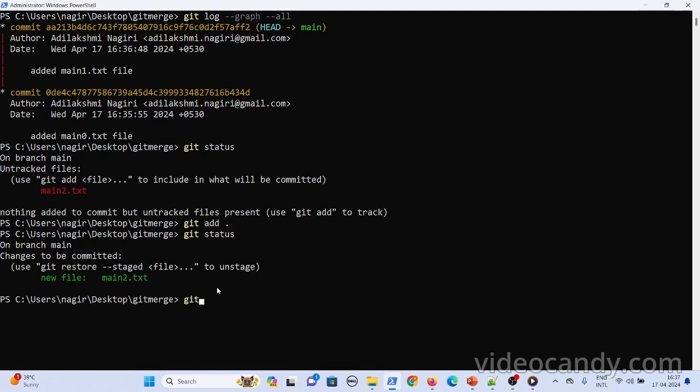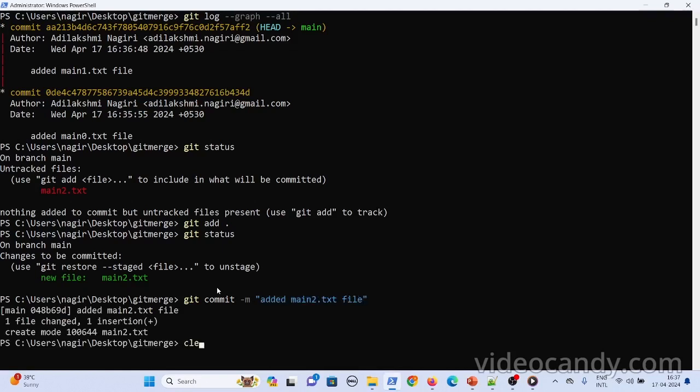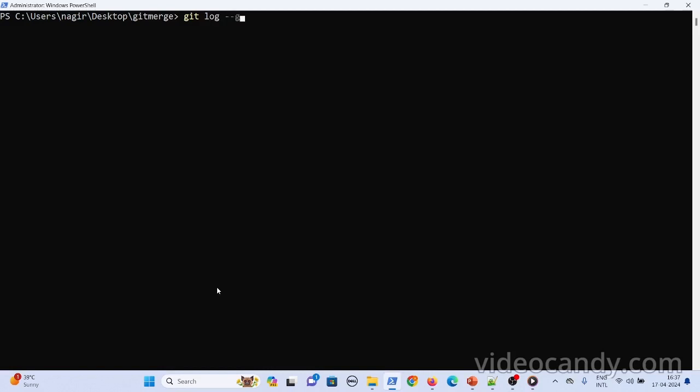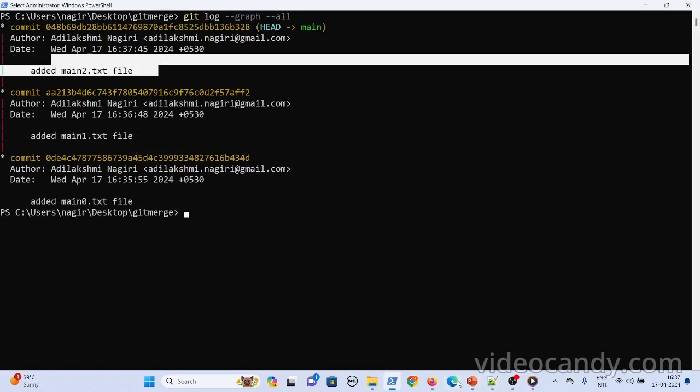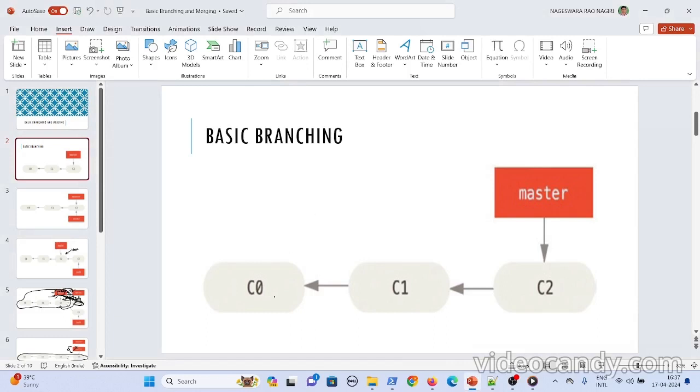Now I'll commit it: git commit -m added main2.txt file. Now if you run git log --graph --all, you have main0, main1 and main2 commits. You can see the same thing here: you have the first commit, the second commit, and then the third commit, and your main branch is pointing